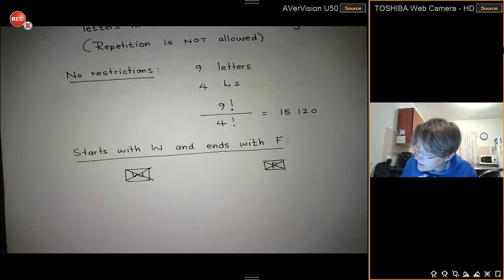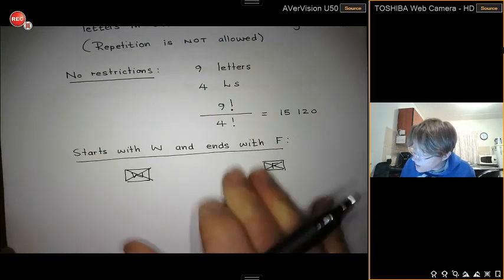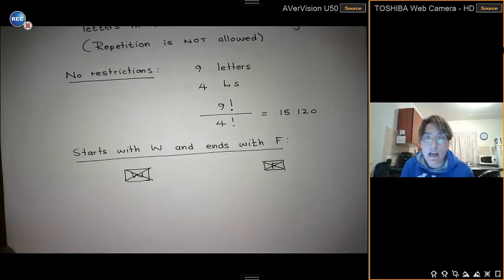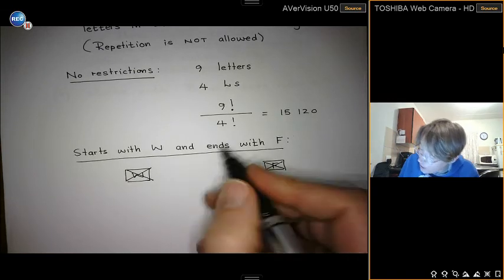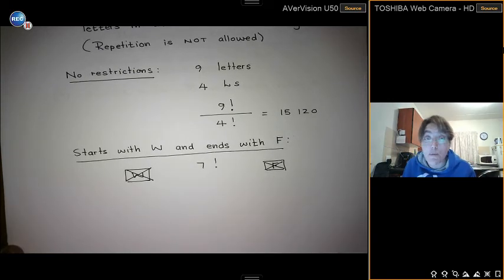So that then means what is available here in the middle of those 9 letters is we now have 7 letters that we could actually rearrange. So here in the middle we have 7 factorial letters that remain, but again,